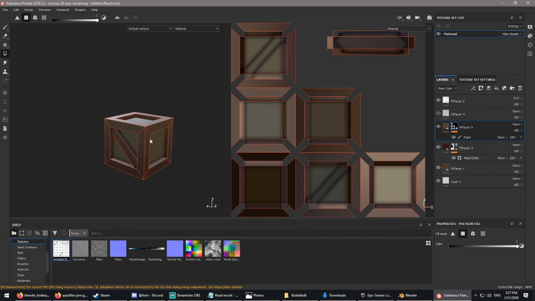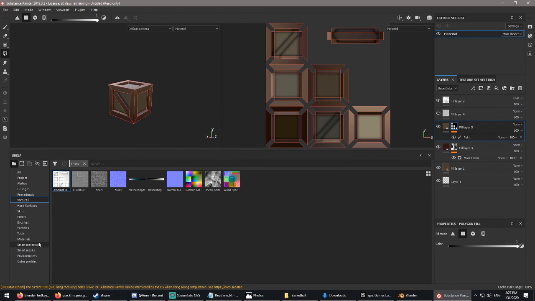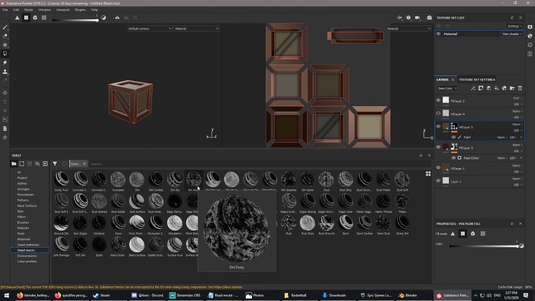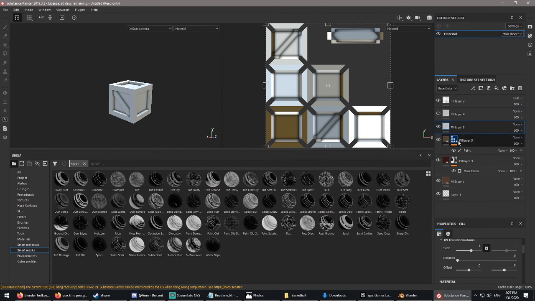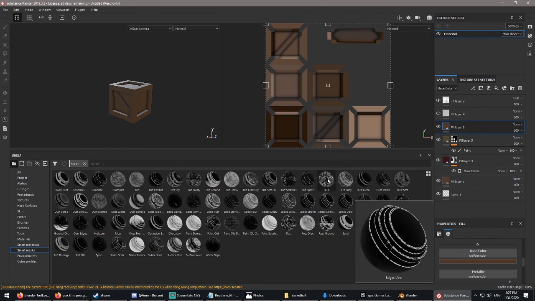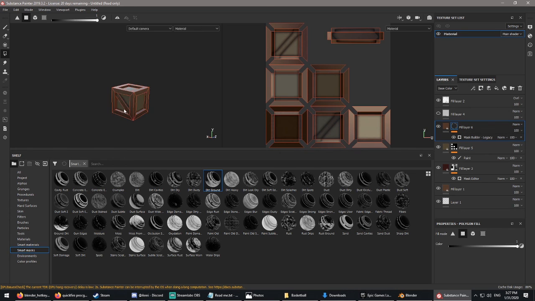But what also is really cool about Substance Painter, I'm just going to show you some things, is smart materials and smart masks. You can play around with this a lot, and there's a huge library already of smart masks. For example, you can say, I want dirt, this is dirt. Give it a dirty color, and then put, let's say, dirt ground onto this layer, and it will